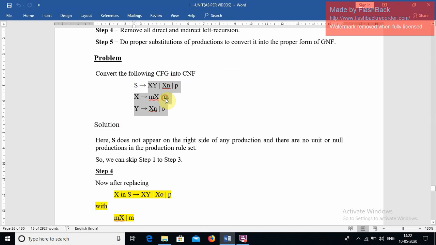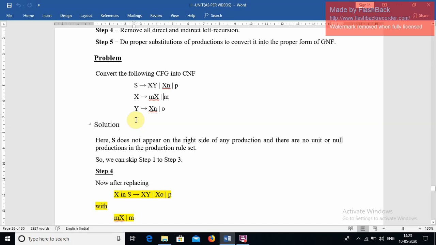Okay, if you see the starting symbol, we don't have S on any right side. So for that we can skip the first step. And if you see the production rules, we don't have any epsilon production. Epsilon means if a grammar produces epsilon, then we have to remove it in case it is not a part of the language. We discussed all these things in the minimization of a CFG. So here also we don't have any epsilon productions, and also we don't have any unit productions. What is meant by unit productions? Non-terminal to non-terminal, a single non-terminal on the left hand side and a single non-terminal on the right hand side. So that is also not there.